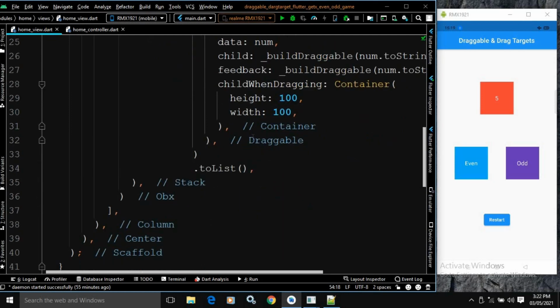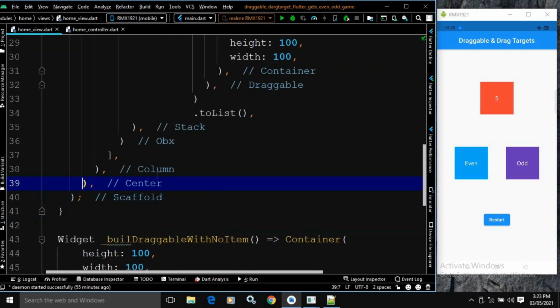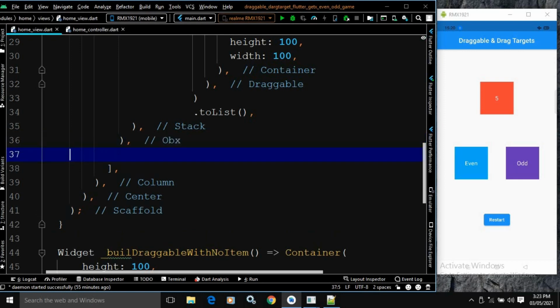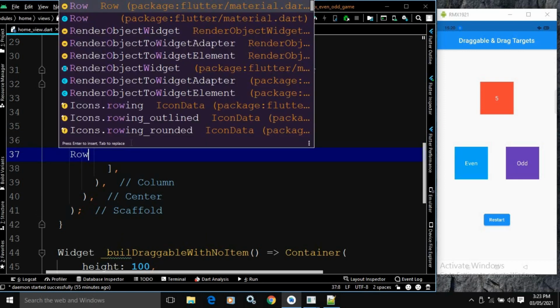Now after this, what I will do, I will create this drag target, and to do that, here I will use a row widget. Let me reformat the code, and here I need to use a row widget, right?